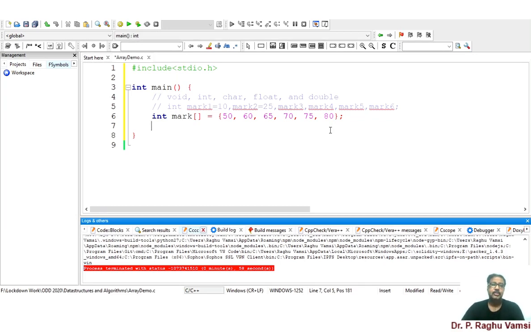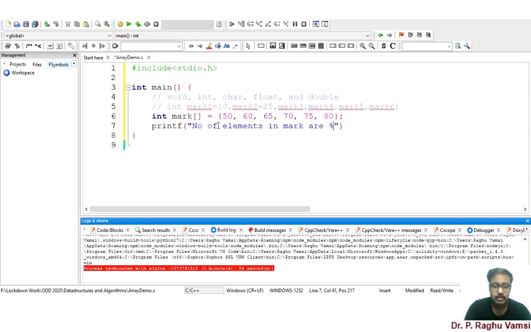But assume that you have been given only an array without any size declared to it. Then how will you identify the size? How to know the size of this particular array? For this, simply printf percentage d, number of elements in mark.